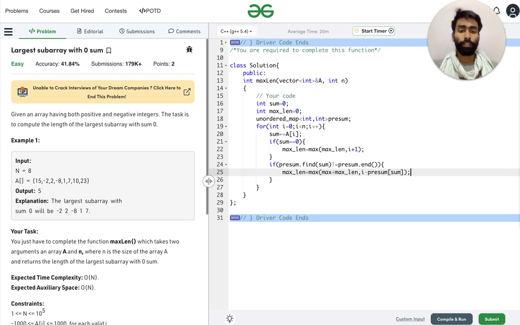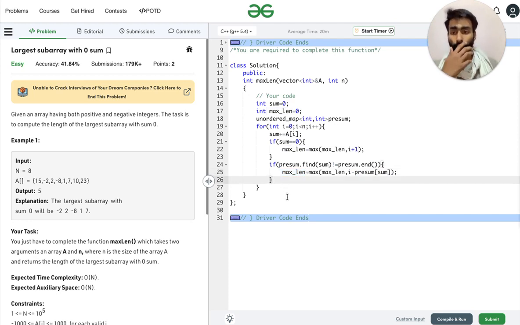So what we did here is either we computed the max length here, or we are comparing if the already obtained max length is greater than the new max length. Whichever is maximum is the maximum length of the subarray.